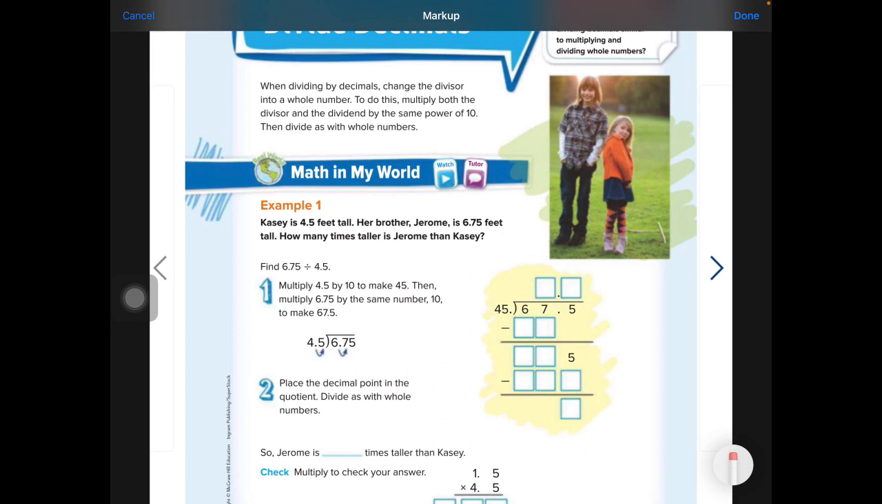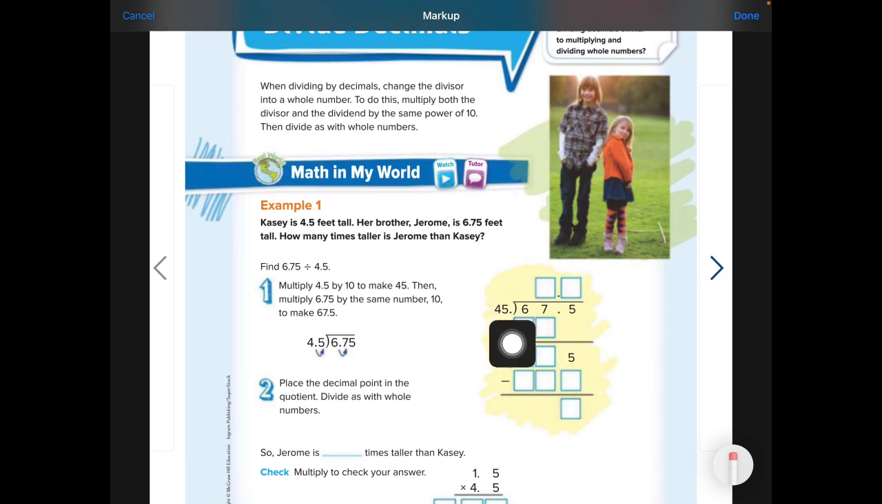In this chapter, we're learning to divide decimals, but using the powers of 10. So for example, if our divisor has a decimal in it, we need to move it over a few spots until it becomes a whole number, and then whatever our dividend, we need to move the decimal over as many places as well. So right here, we had 4.5 and 6.75,